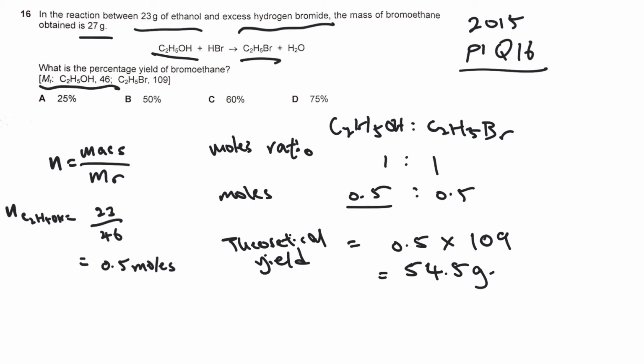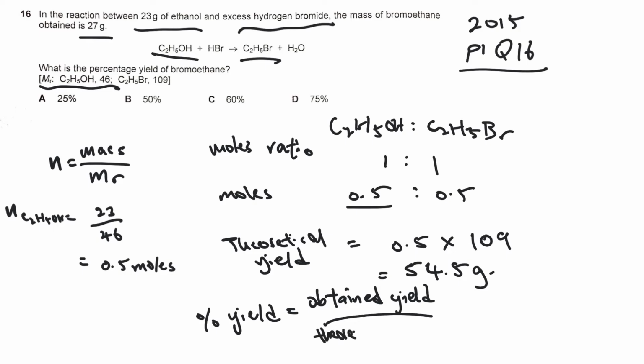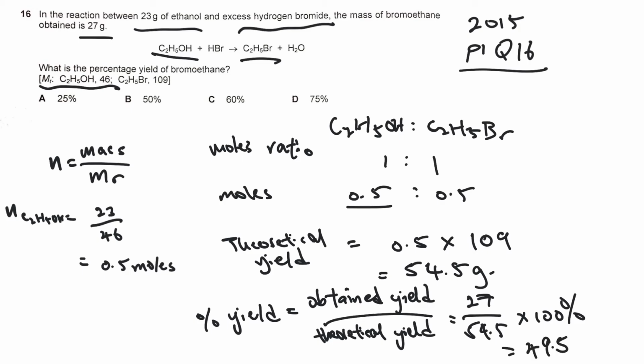So in order to calculate the percentage yield, the formula will be percentage yield equals your obtained yield over your theoretical yield, right? So that will be 27 grams over 54.5, and of course you have to multiply it by 100%, because it's a percentage, so we will get about 49.5%, and the closest answer, we have to round it off, so 49.5% will round off to 50%,